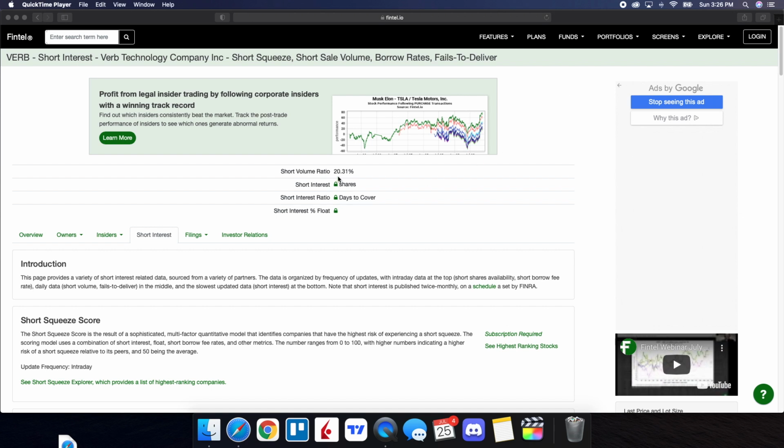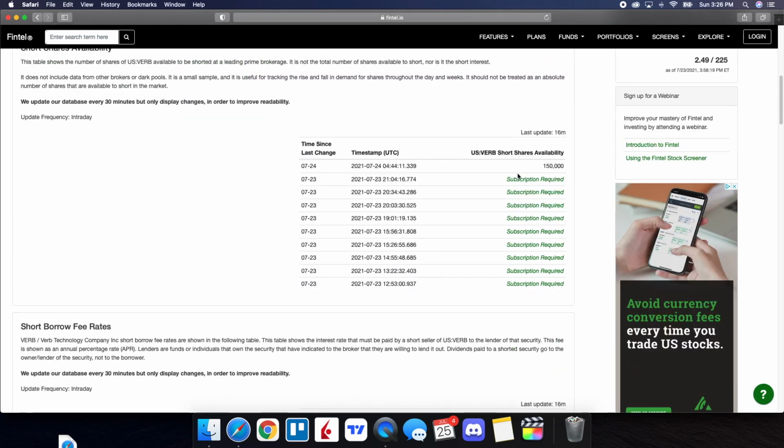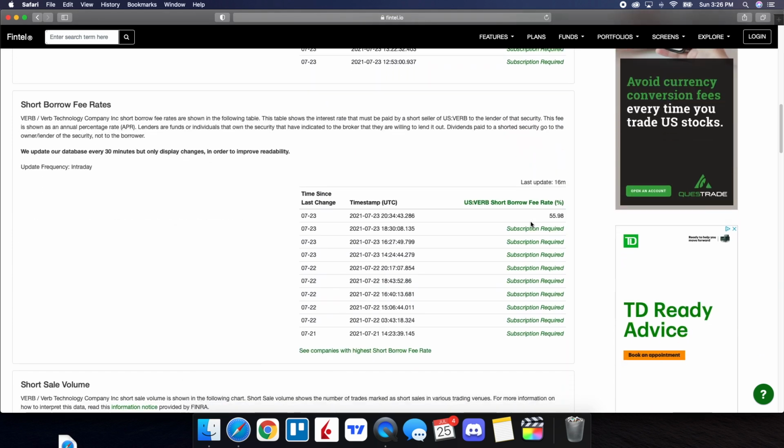So you can see the short volume ratio is at 20.31% according to Fintel. As we scroll down on the page, the short shares availability is at 150,000 updated 16 minutes ago. And as far as for the short borrow fee rate, that is fairly high, being at